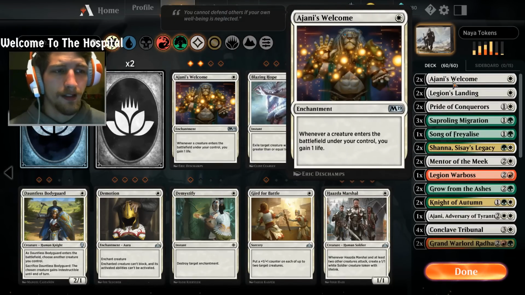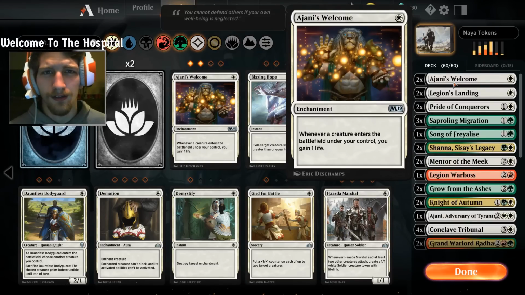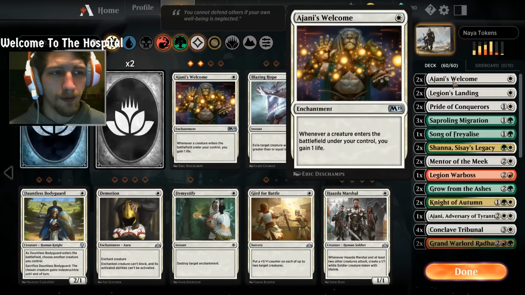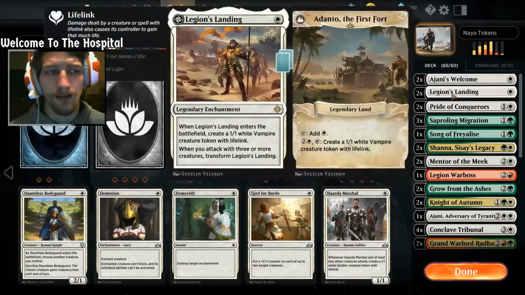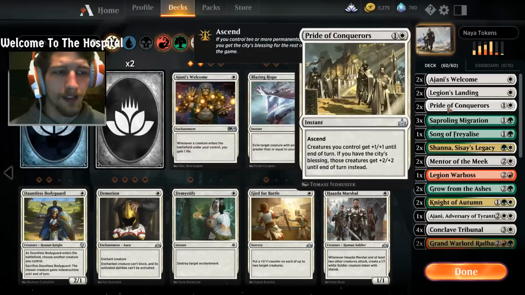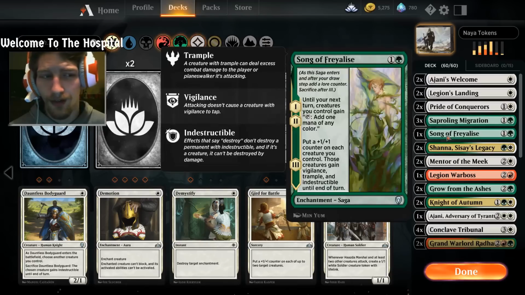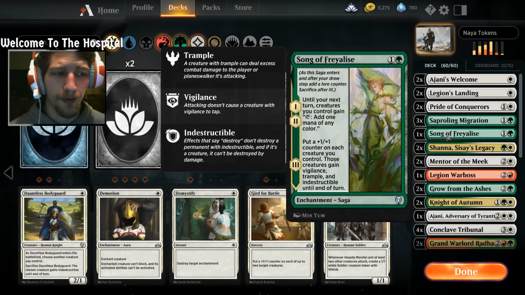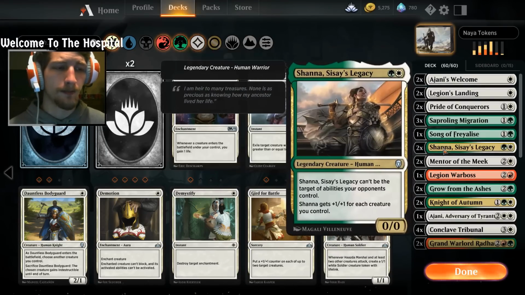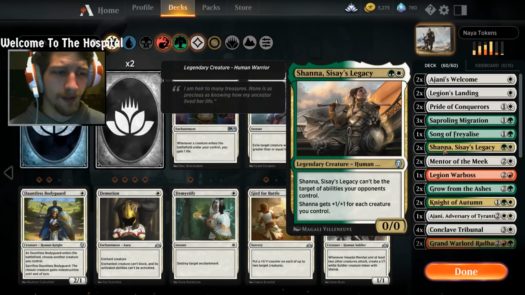So, nonetheless, starting us off, we have two Ajani's Welcome, and this is to keep us healed up through all the bullshit of the game. Obviously, we're playing a lot of tokens, so it's going to proc a lot. 2 Legions Landing to get some token generators out, 2 Pride of Conquerors to buff all of our tokens, 3 Saproling Migrations to create tokens, Song of Freyalise both to help us use our tokens as mana and as well to buff them,